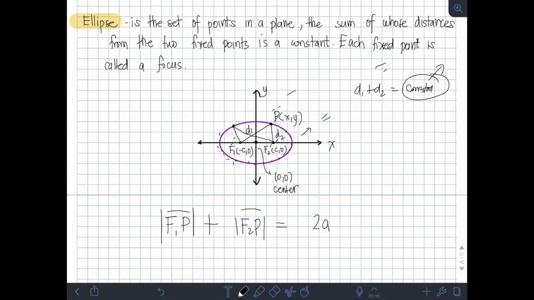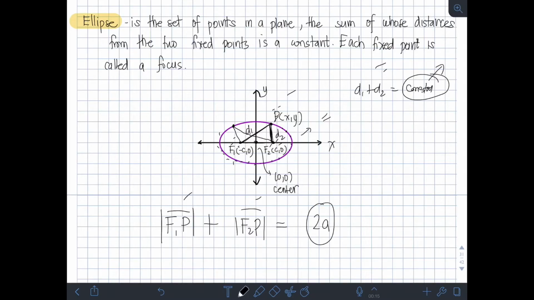So, itong origin, siya yung tinatawag nating center. So, dapat equidistant yung focus 1 tsaka focus 2 sa center. So, kaya, kung c yung coordinate ni F sub 2, dapat negative c din yung F sub 1 para equidistant sa origin. Okay? So, nasa x-axis yung dalawang focus natin. Okay? So, therefore, kung i-consider natin itong triangle na to, F sub 1 P F sub 2, so, diba itong F sub 1 P plus F sub 2 P is yung sum ng length nitong dalawang side ng triangle